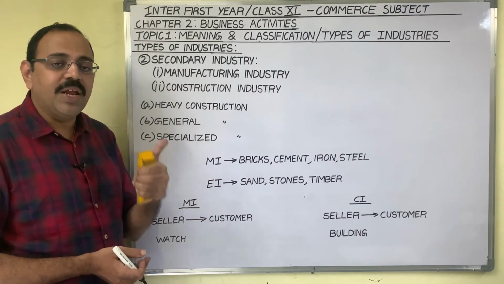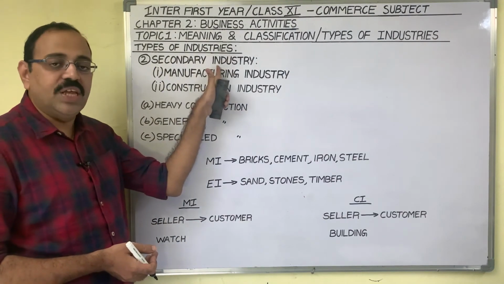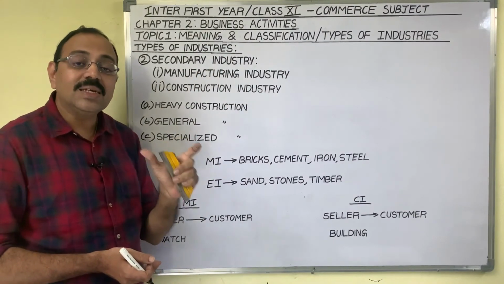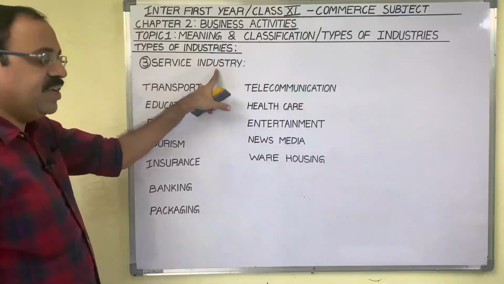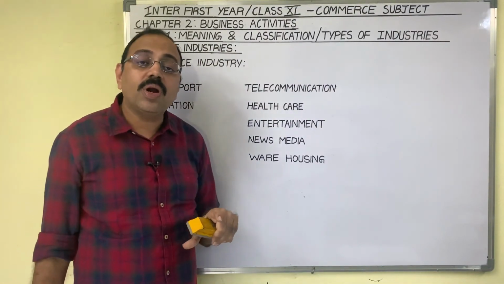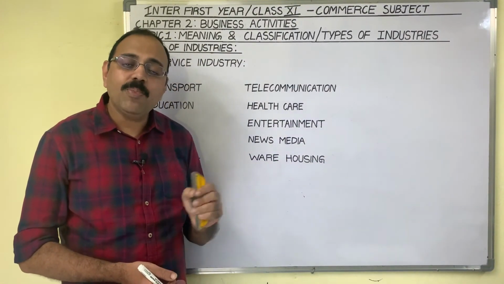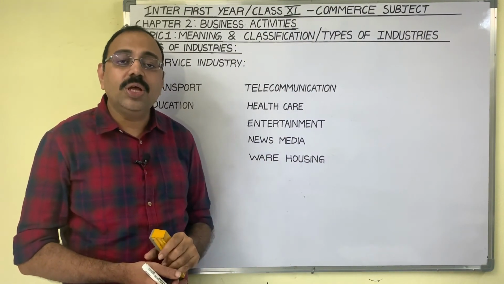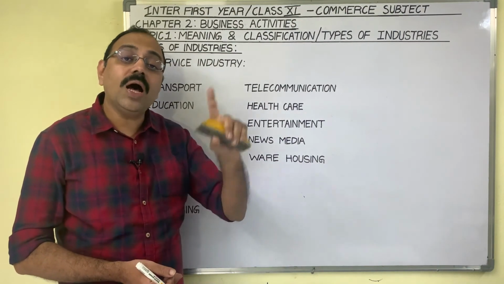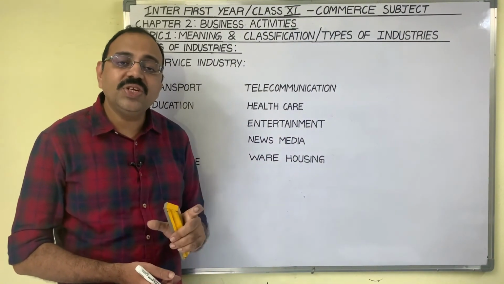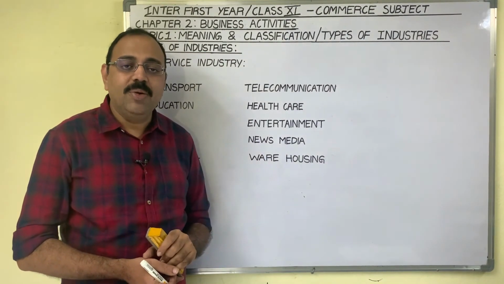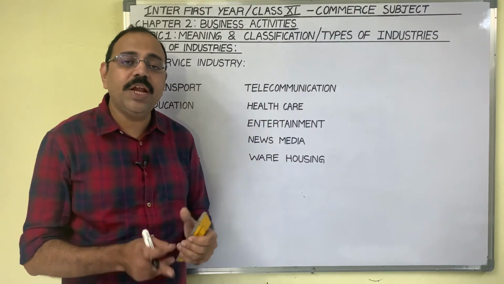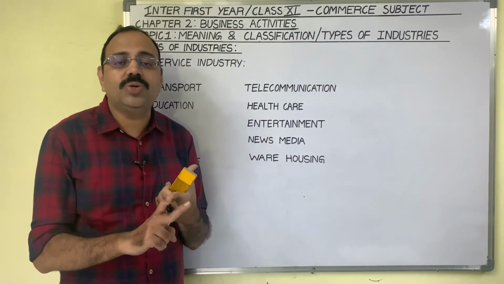With this, primary industry and secondary industry both are completed. Now come to the third type of industry, that is service industry. Service industry, they don't manufacture products like other industries. They make profits by providing essential services, skills to the final customers or to other manufacturers. These industries are also known as aids to trade, because they help in trade. So in my coming videos, I'll explain about trade word and aids to trade word.